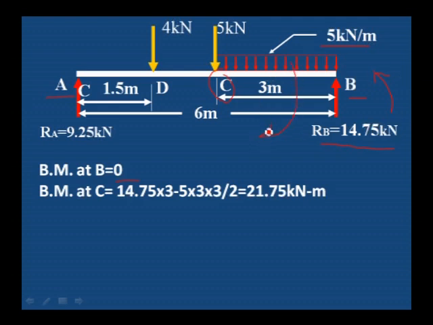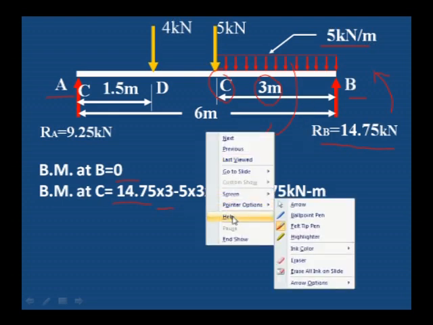This UDL will have a moment that is clockwise. That is why we can consider the moment due to RB as positive and the moment due to loads as negative. 14.75 is the RB value into distance from C to B, 3 meter. 14.75 into 3, which is anti-clockwise moment,